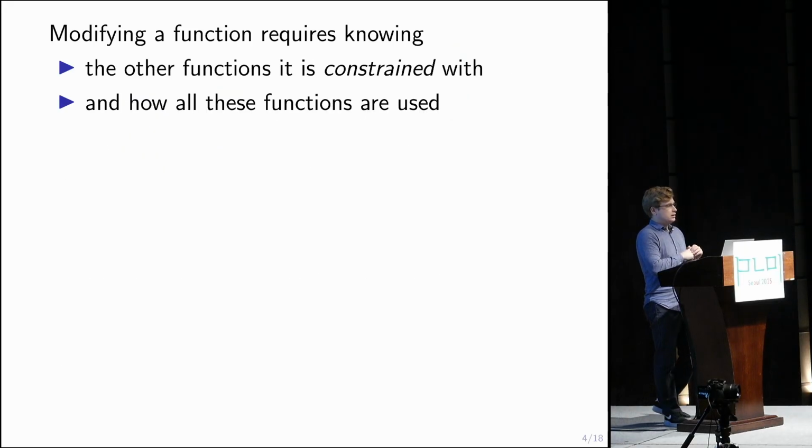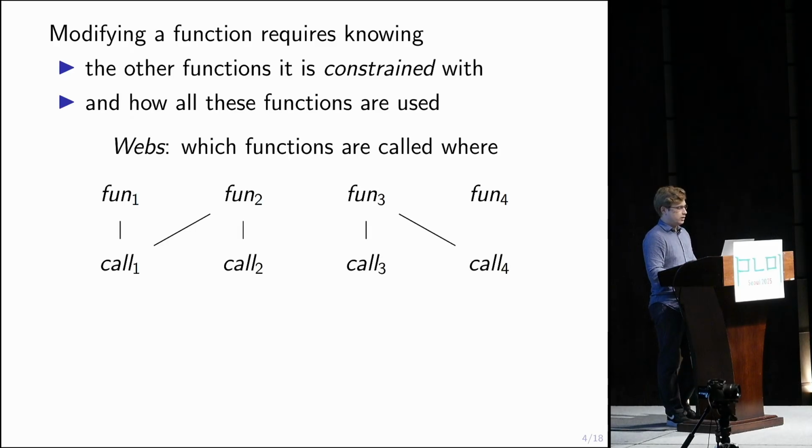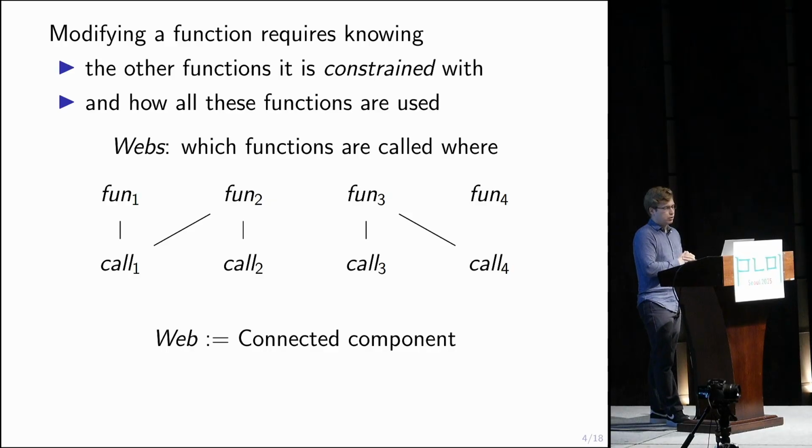So this idea of constraints is one of the central ideas of the paper, and is something that we call webs. So for any program that you might want to compile, you can construct a bipartite graph between the functions and the calls, where an edge exists if it's possible that a runtime call can be, or that call could call that function at runtime. So the webs of the program and the webs of this graph are the connected components of the graph, and